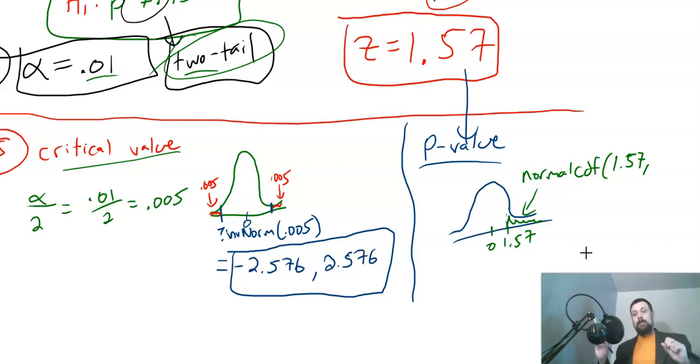Based on the situation, I kind of don't worry about that as much as maybe I should. So the upper bound is infinity, right? Goes forever to the right. And we don't need degree of freedom because it's the normal distribution. So normal CDF,